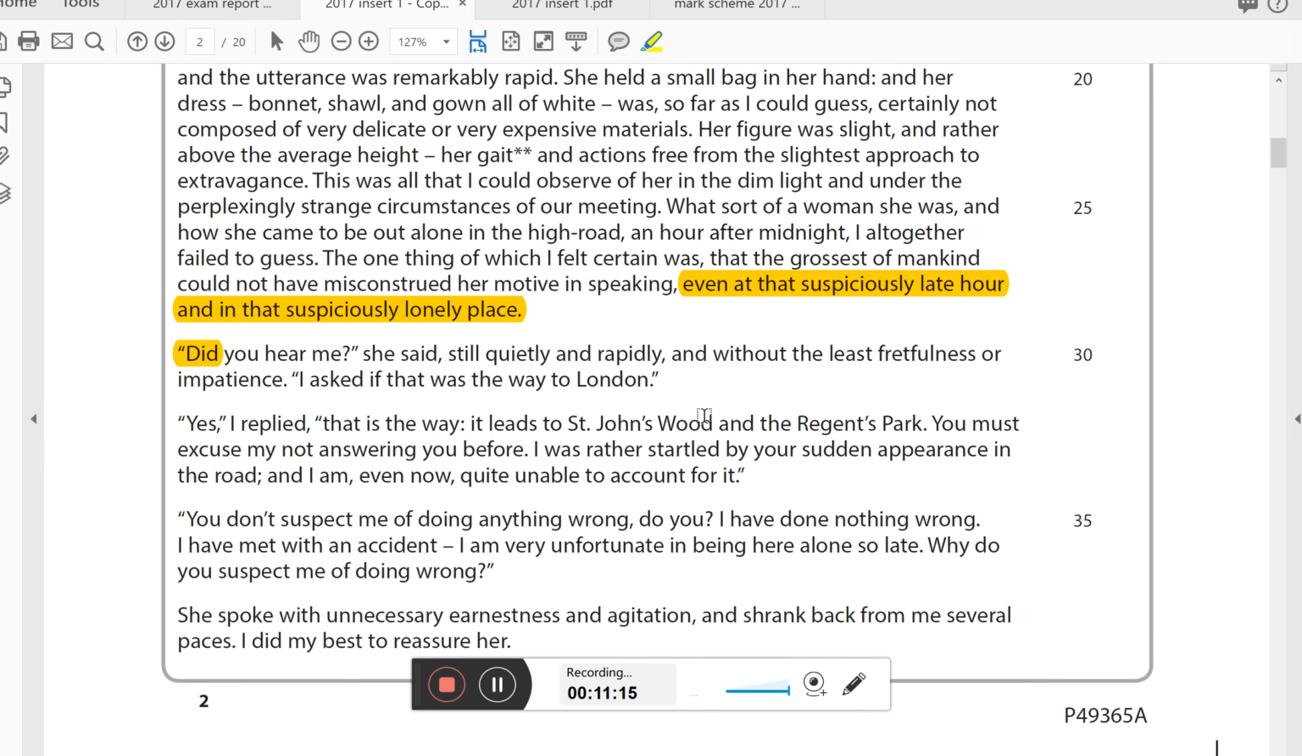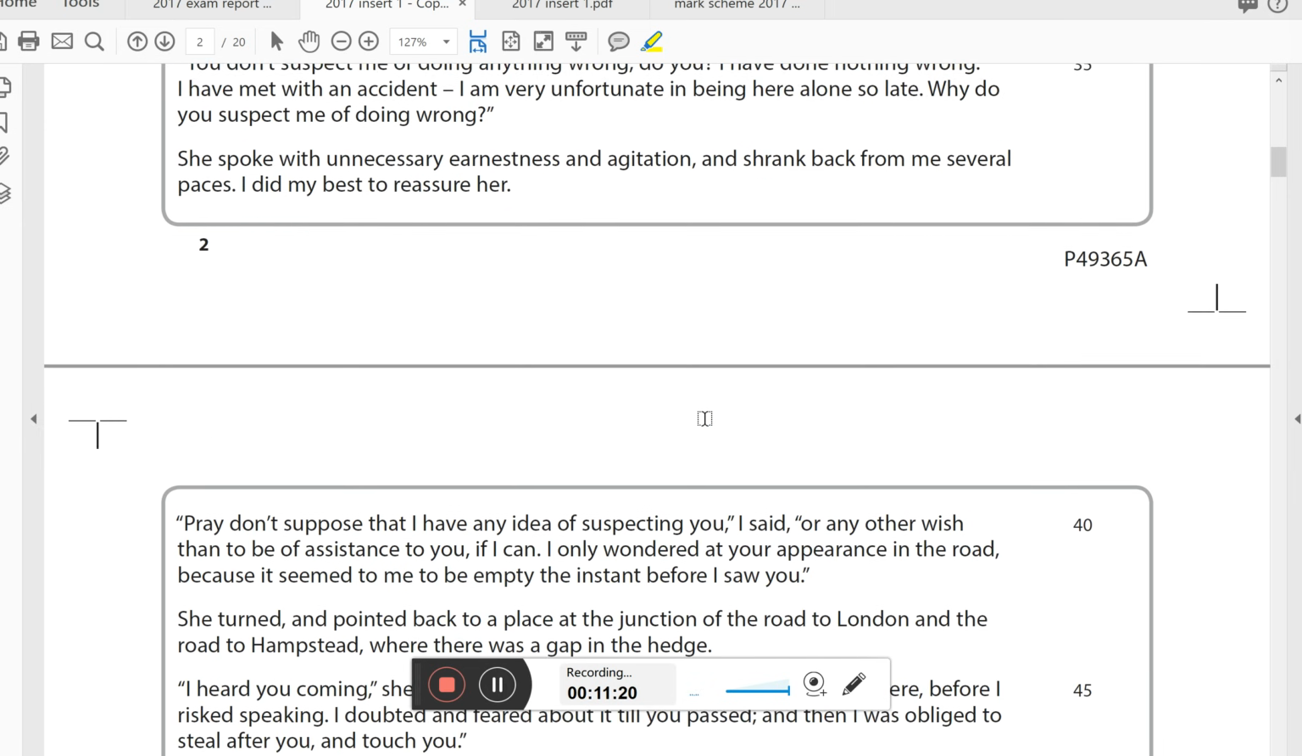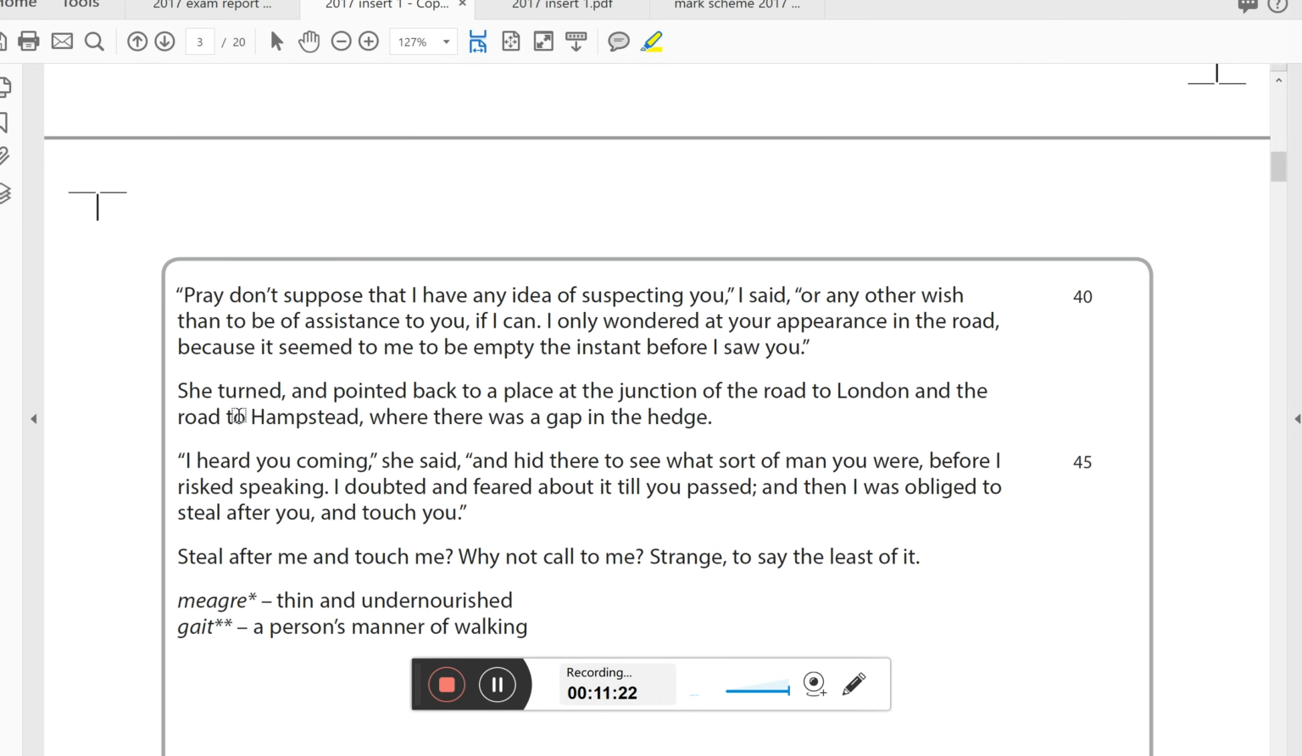Why has the writer put it like that? And then you've got the conversation between them. So the way that she speaks, again, could be quite mysterious. The things that she's saying could be mysterious. Then you've got